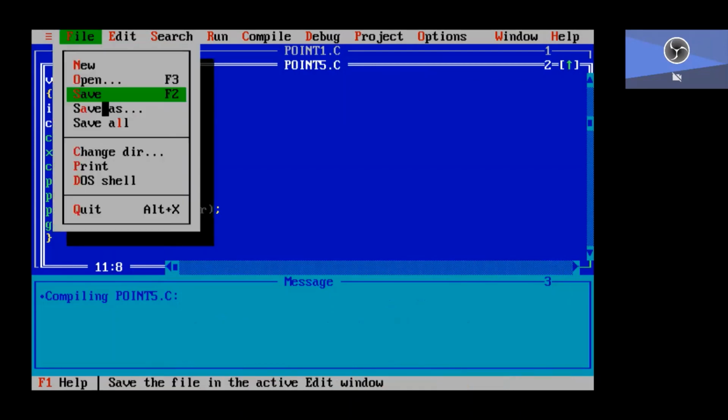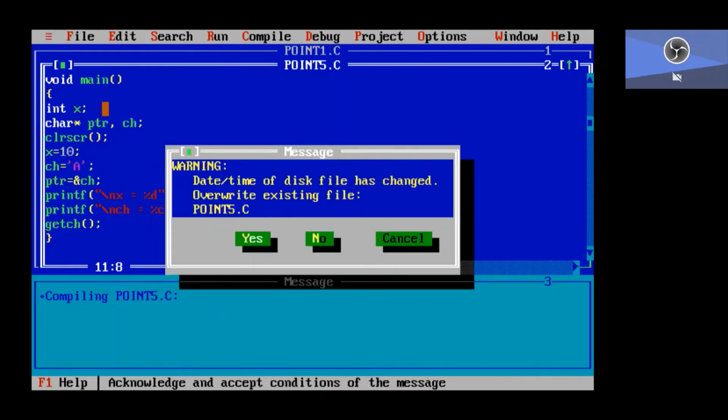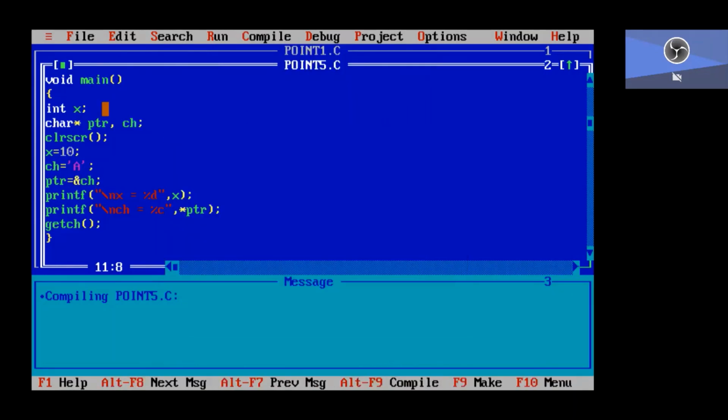Now we run the program. What is the x value? The x value is 10.